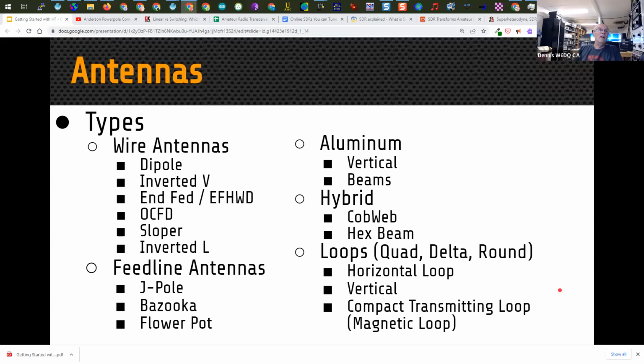Vertical antennas, I mentioned that before. Vertical loop. So a vertical loop is, well, you're talking about mag loops. A vertical loop would be like a delta loop, which is another wire antenna. If you've got the space and the supports for the lower bands, delta loops are very efficient antennas for the higher bands, for 10, 15, 20 meters. They're fairly compact, and you can get by with two supports, and you have a horizontal wire with